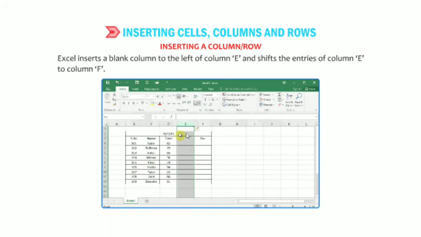The procedure is the same for inserting to the right.